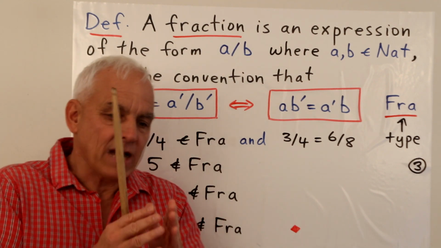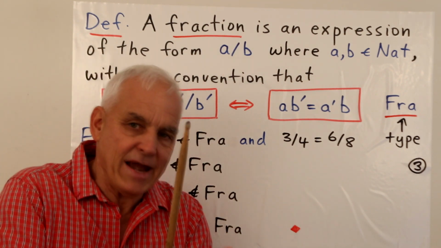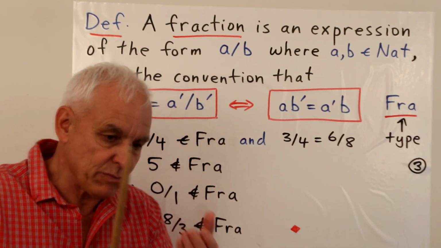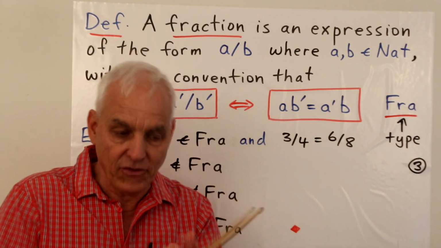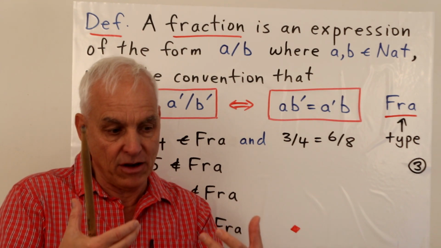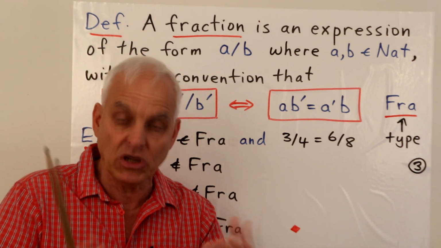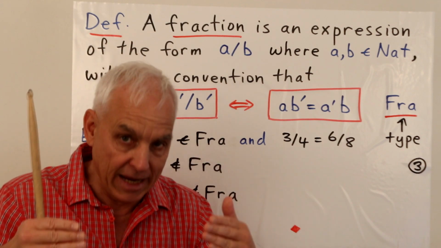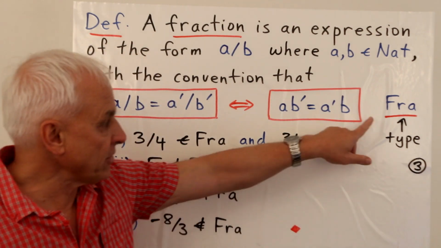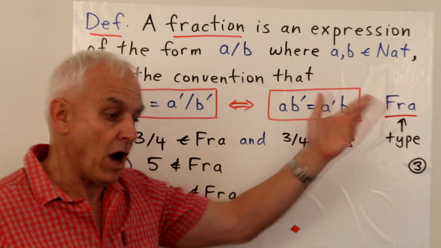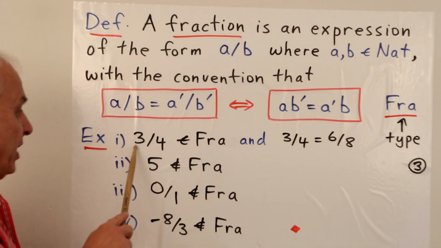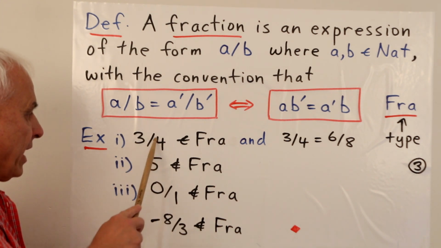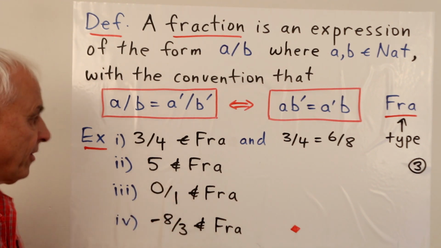So it's a little bit more subtle than just defining an expression. We're defining an expression with an attendant definition of equality. So we're allowing the possibility that two expressions that look different actually represent the same fraction. And there's our name for the type of object that we're introducing. Okay, so for example, 3 over 4. And I'll say "over" to represent this forward slash.